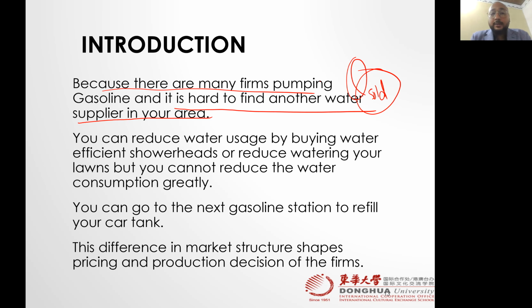So what is the salient feature of a competitive market? If there are many firms selling the same product, then if one firm increases the price, it will see a large drop in its quantity sold. It means its product is going to be more elastic, more